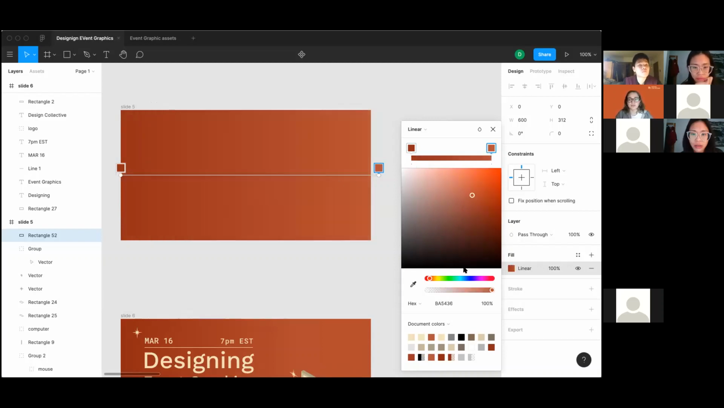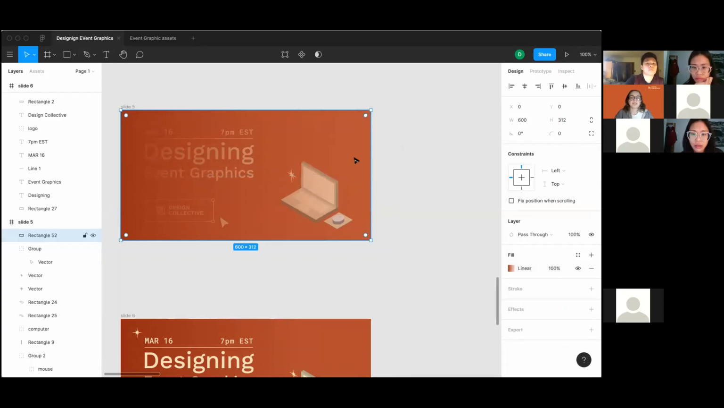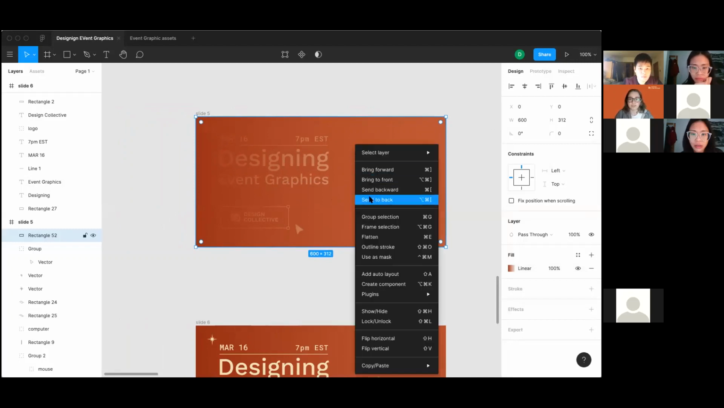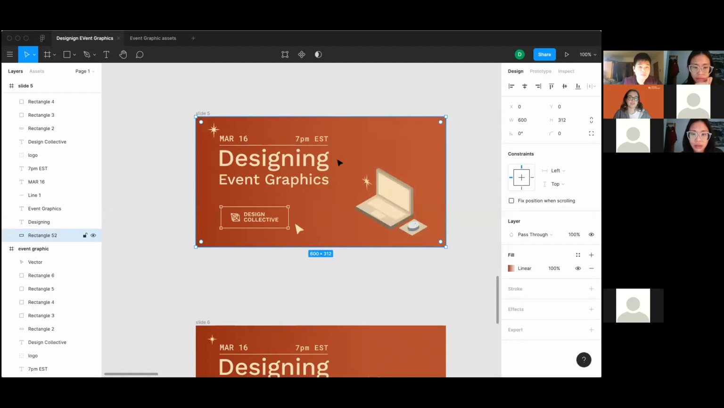And that gives us this whole gradient, but actually for the orange, the lighter orange, I'm going to drag the opacity way down so the dark red doesn't go so far across the frame. So once I have that, this is obviously over top of all the graphic, so I'm just going to send it to the back, and that way it's just the background